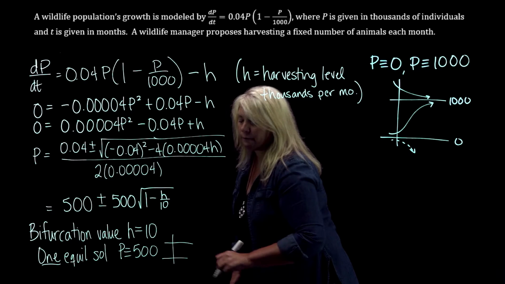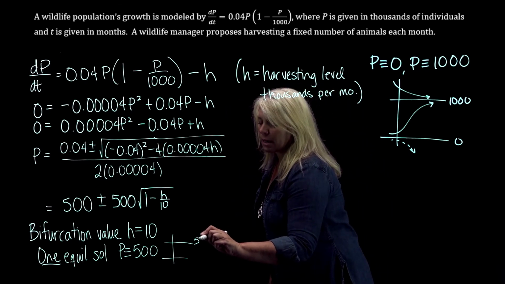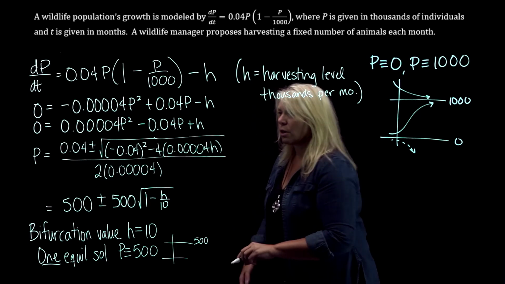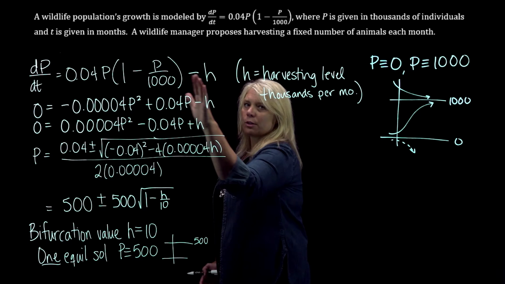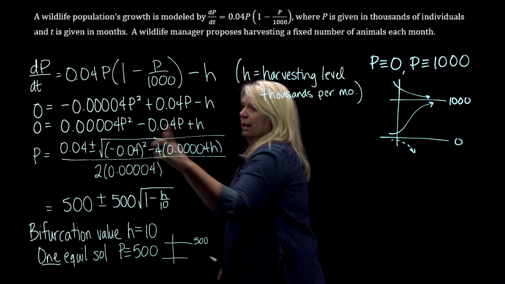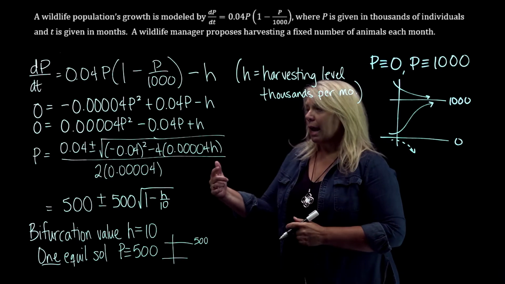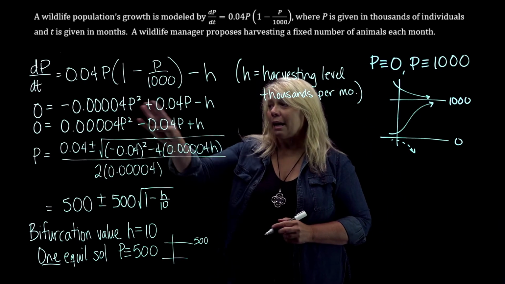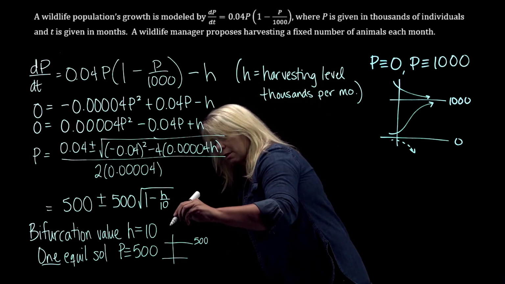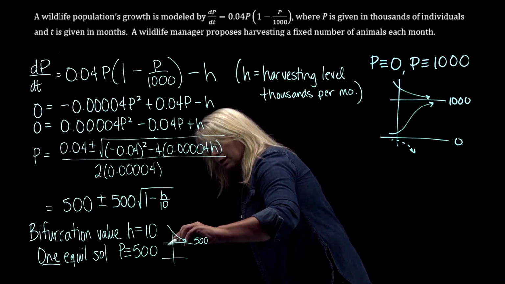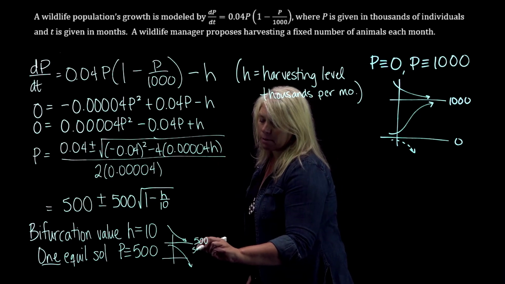And if you draw a phase diagram, a phase plane portrait for that 500 equilibrium solution, you'd be looking at the signs on this differential equation. We're going to go back to the original differential equation, not after we multiplied through by a negative here. You're going to have a repeated 0, and this differential equation will be negative everywhere, and so we've got decreasing population curves everywhere. So your population curves would look like that. So this is a semi-stable